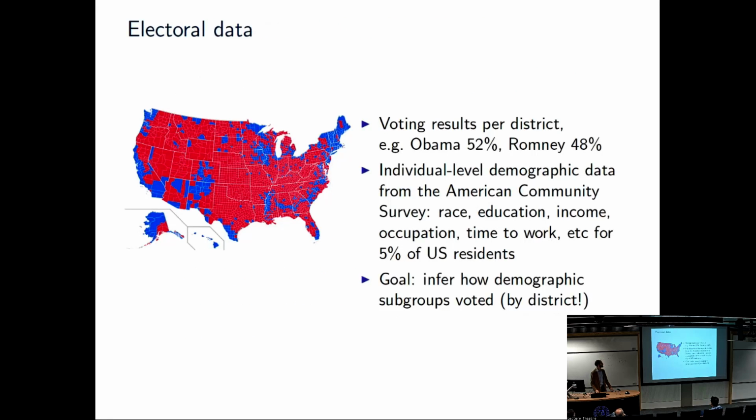Okay, so here's the setup. So we saw that map already. I think that's from 2012. Voting results look something like 52% or 48% in terms of the outcome, or they look like counts, right? That's simply one way of representing what could be 52 votes for Obama out of 100 people who voted. And foreshadowing for later, what about the people who didn't vote?